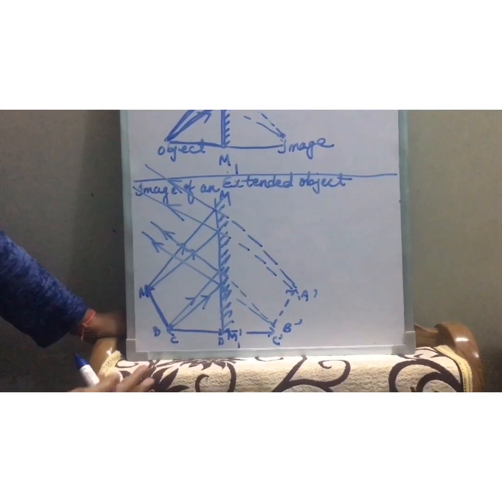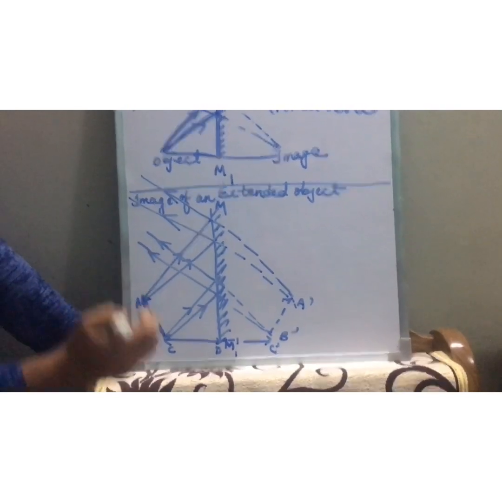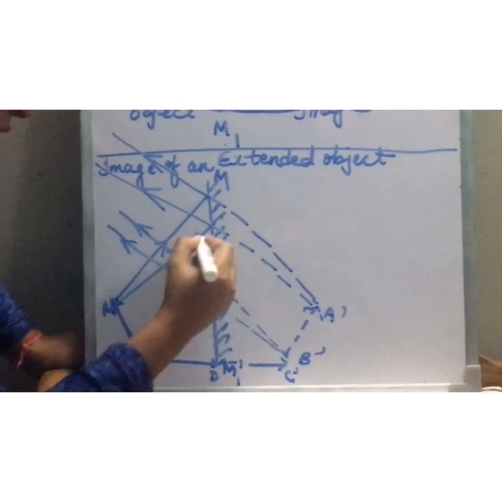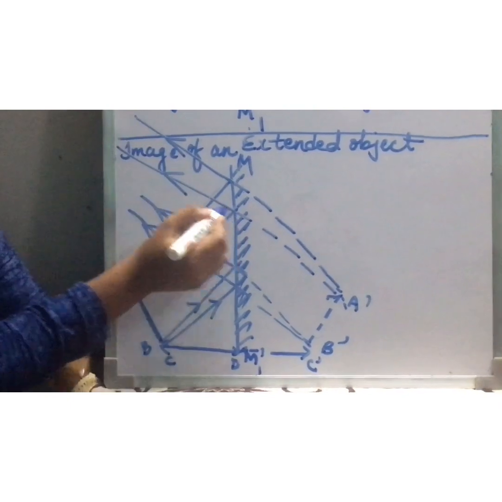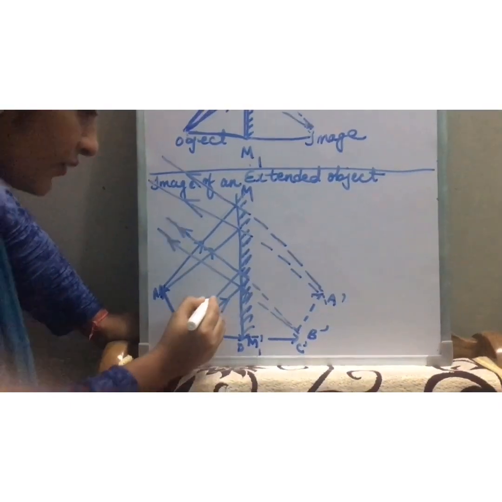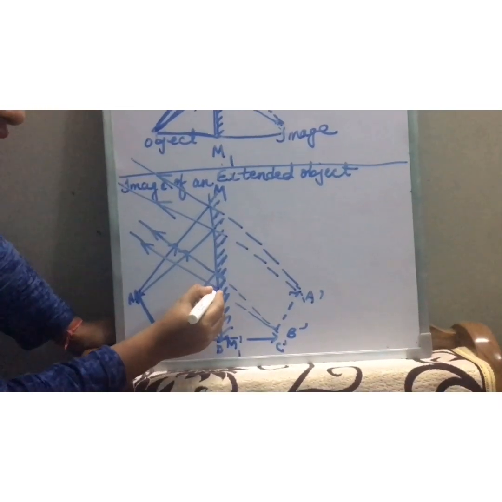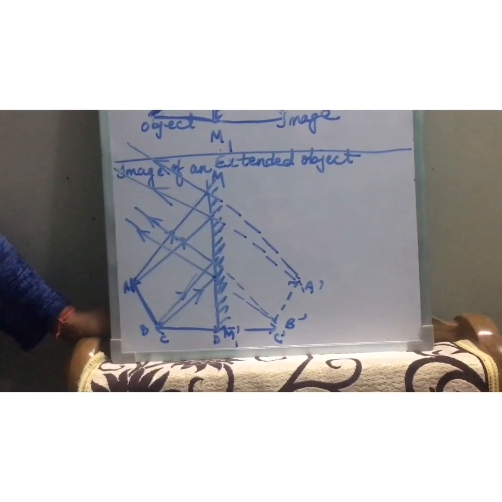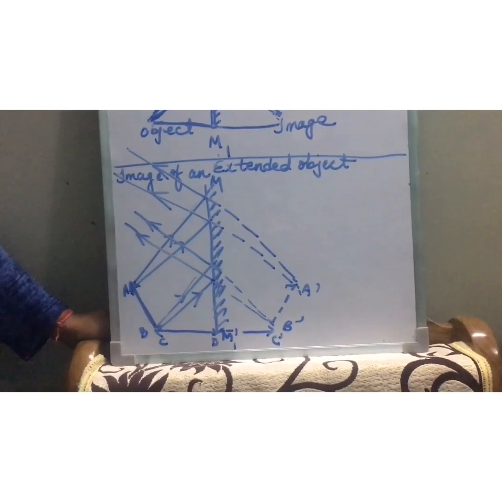Now I have told you that from every point of the object we have to consider at least 2 incident rays. Now see, from A 2 incident rays have gone. After striking the mirror surface, they reflect. Likewise from the bottom also 2 incident rays strike this plane mirror, and at the point of incidence these rays will also reflect back in the same medium. Now again, it is not possible for these reflected rays to meet anywhere in the space.